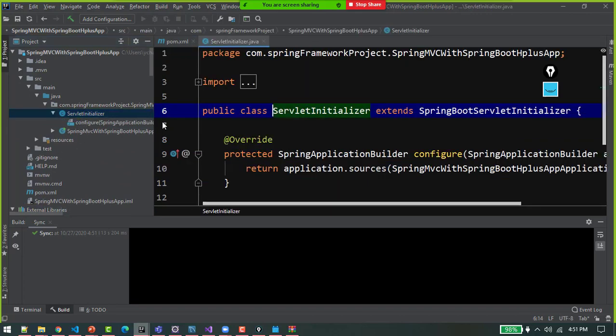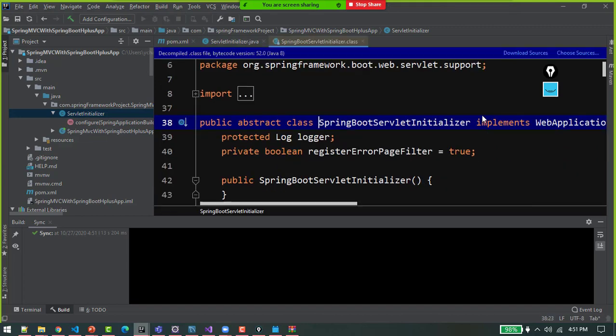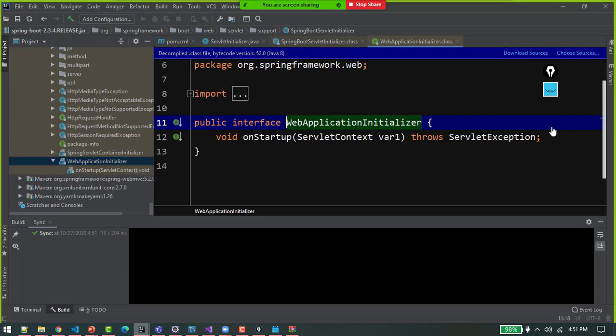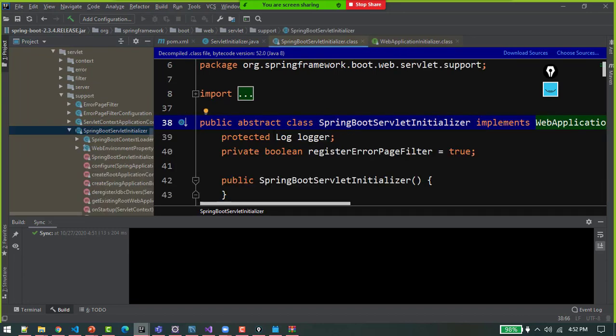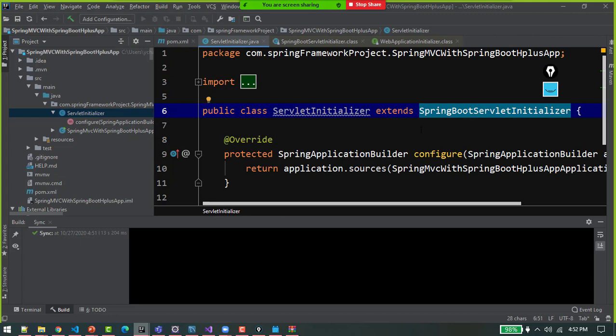I was talking about this servlet initializer. It extends this; if you check this API, this implements WebApplicationInitializer on startup, and that was what I was talking about, right? That it also implements the same class that we created in the previous session.